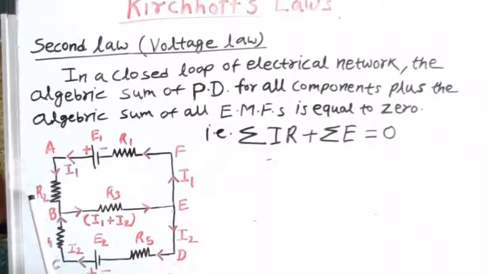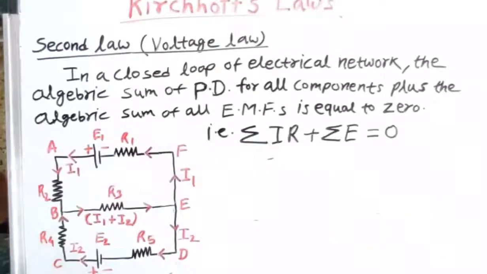It means when we are talking about potential difference across this resistance R2, then it is nothing but minus I1 R2, which gives us the potential difference across this component. Here the negative sign indicates that we are tracing the loop in the same direction as the flow of current. And if the direction of flow of current and the direction of tracing of the loop are opposite, then it is to be treated as positive.